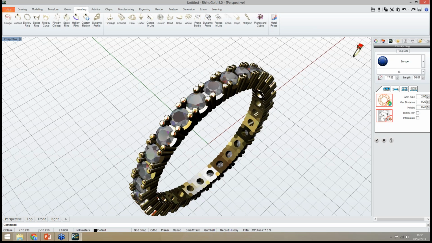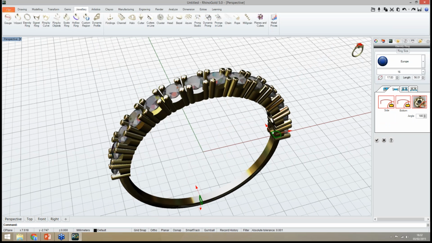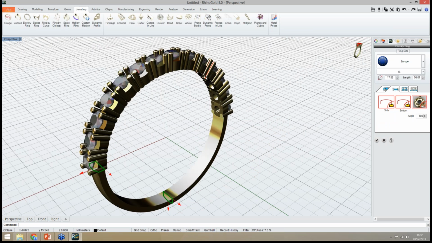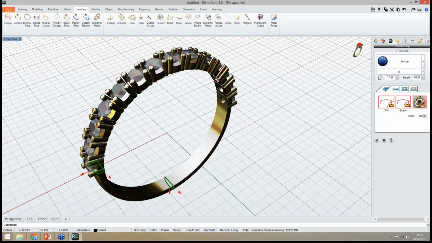And as you can see easily, I have my shank. If needed, I can change the profile. As you can see in here, I can select different profiles, or I can add my own profile. So this is the idea. Easily you can create an eternity band. So this is the first one. Remember, any question my workmates are answering in the chat, so feel free to ask anything, anytime.